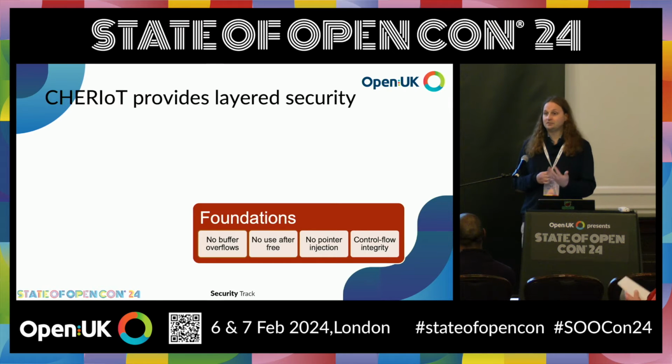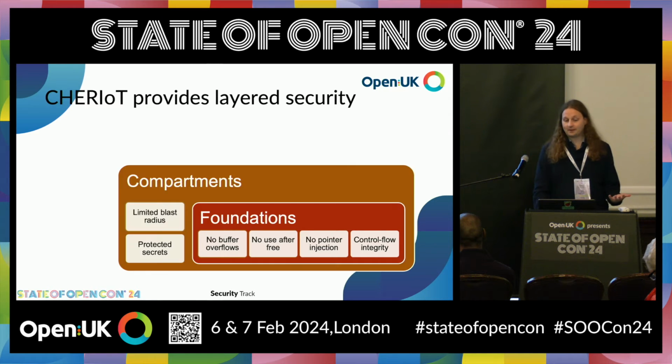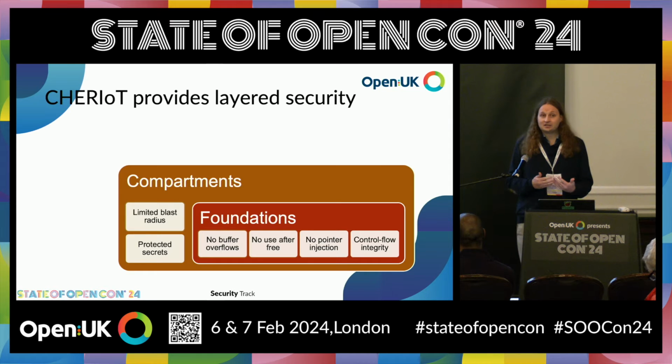And if you're building a safety-critical system and something in your network stack causes your device to crash, that's actually bad. So the next step around that is, because we have this fine-grained memory safety, we can use that as a building block for compartmentalization. And that lets us really reduce the blast radius of this kind of thing. So your network stack crashes, okay, now you've lost your connection to your back-end service. You need to restart your network stack and reestablish your connections, but your real-time control loop is totally fine and unaffected.